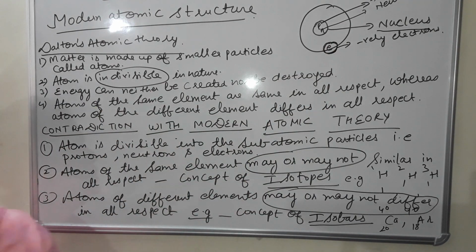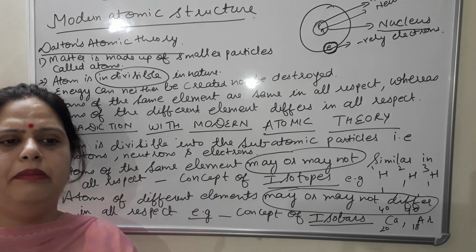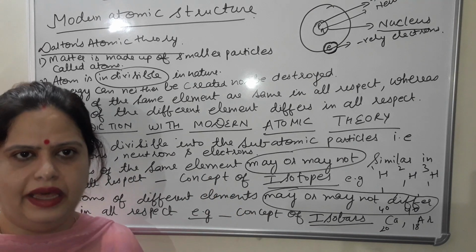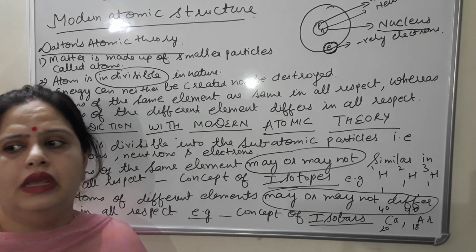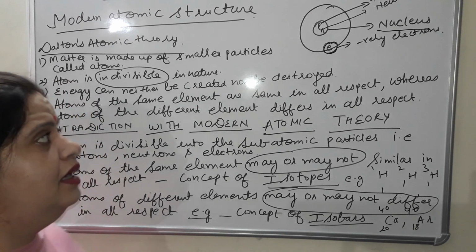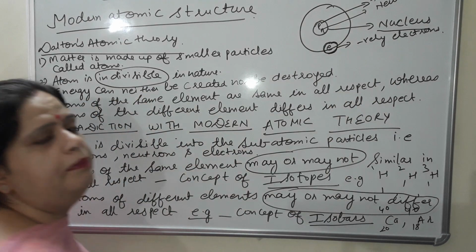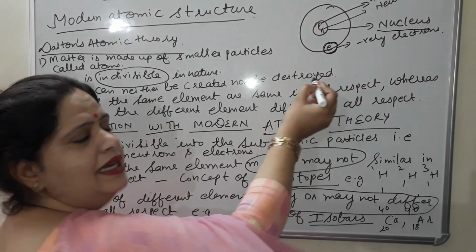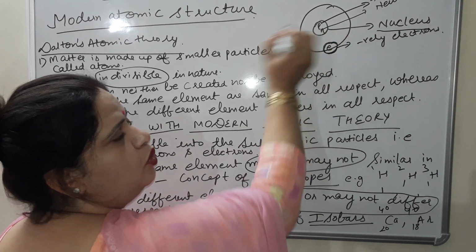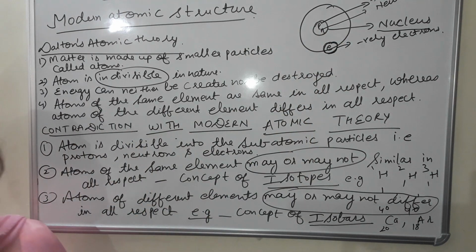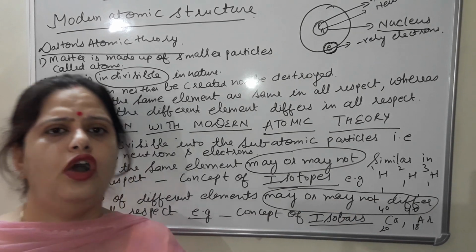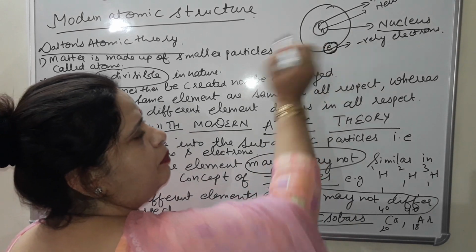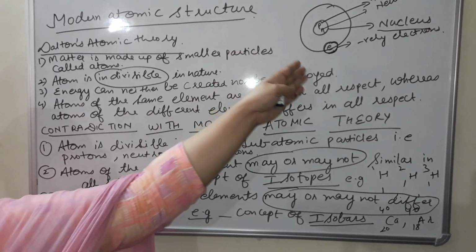For example, suppose you are inside your house and outside in the boundary a guard is doing the security of your house. So if someone attacks, who is the first person to go and fight with that particular stranger or thief? It is the guard only. In the same manner, this electron participates in chemical reactions. The proton does not come out from inside. Proton, neutrons are confined to the nucleus. This is a very important point which you have to keep in your mind, that electrons participate in chemical reactions, whether it is losing of electron or gaining of electron or sharing of electron, all that is done by the electron, and not by the proton.